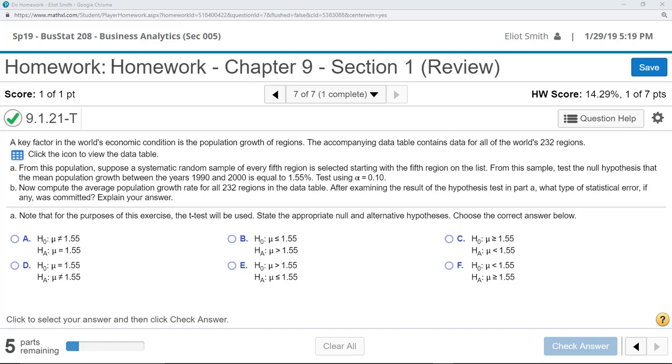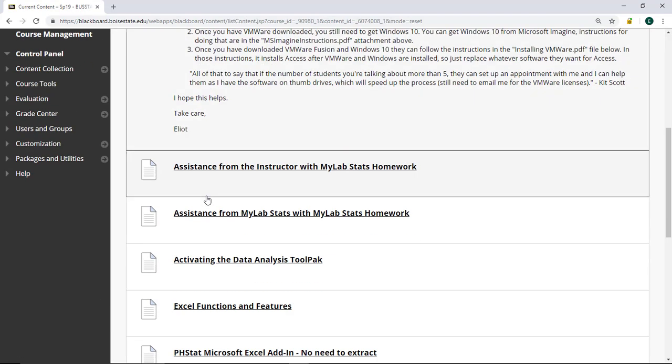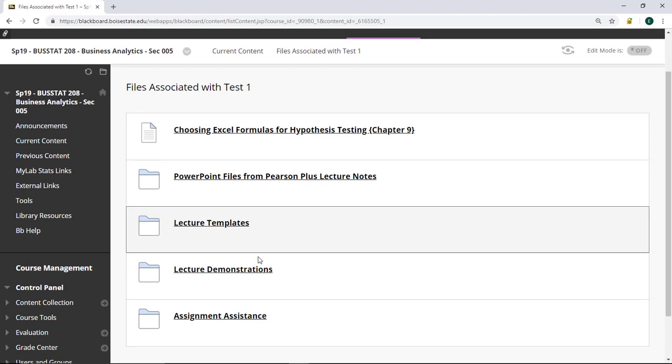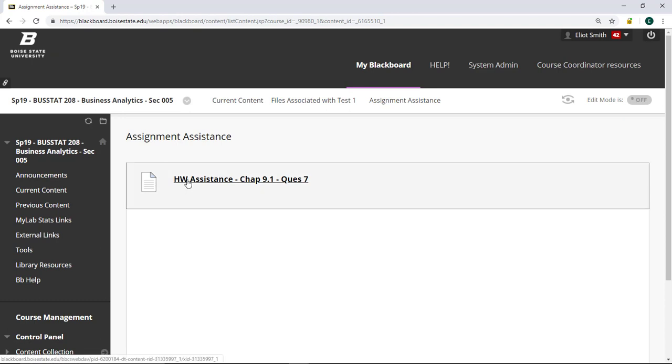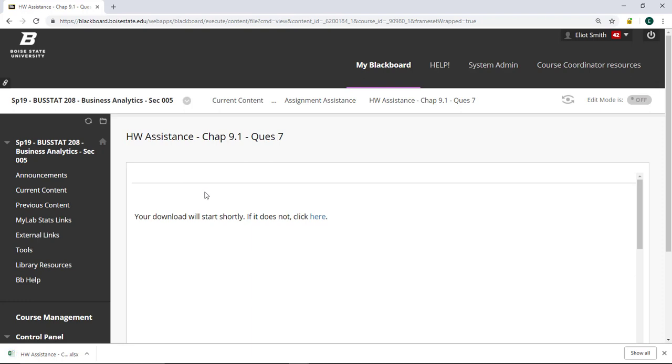So I've had several email questions in the last couple days about question 7, chapter 9, section 1. And so I thought I would start with a couple of things to help out. First of all, if you go to current content on our course site, files associated with test 1, assignment assistance, I've already built one Excel file to help with one of the things that the assignment is asking, namely gathering every 5th data point. And the other thing we want to do